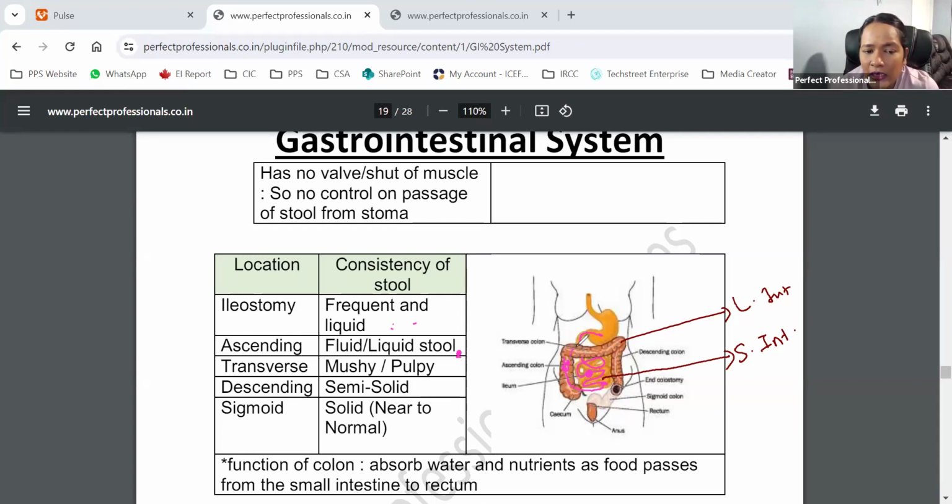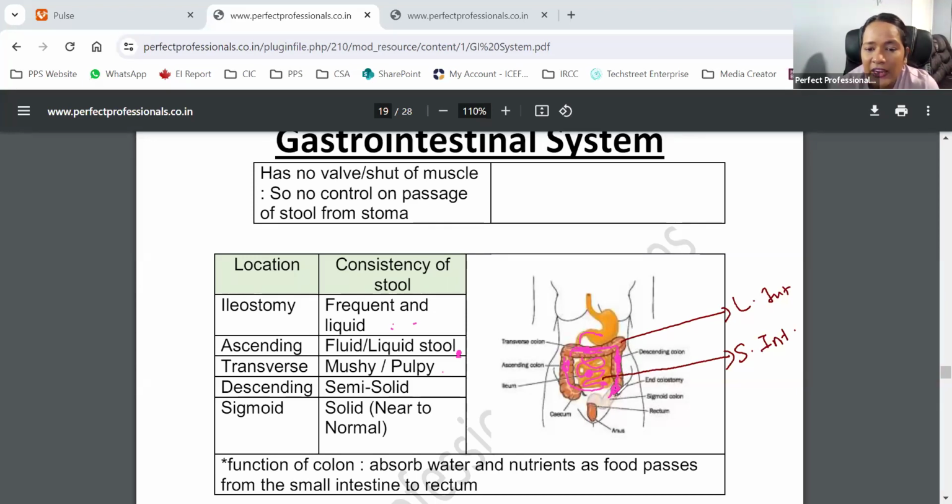When it is on the transverse colon, it will be mushy and pulpy. Now when it comes to the descending colon, it will be semi solid. And if it comes to the sigmoid colon,